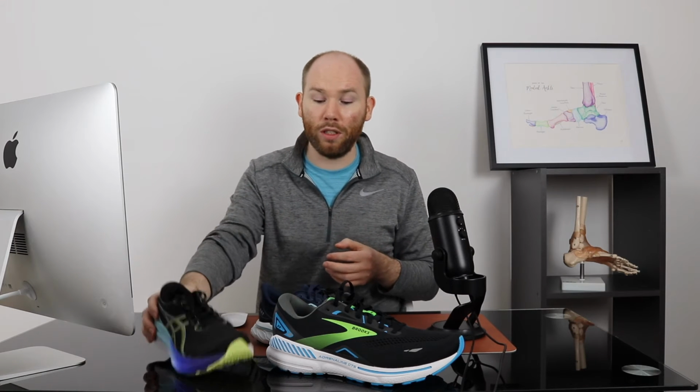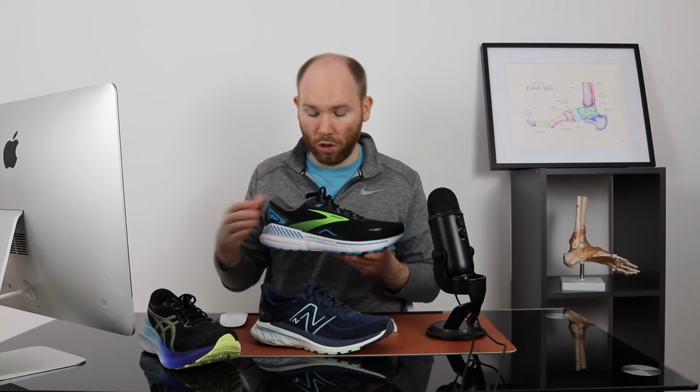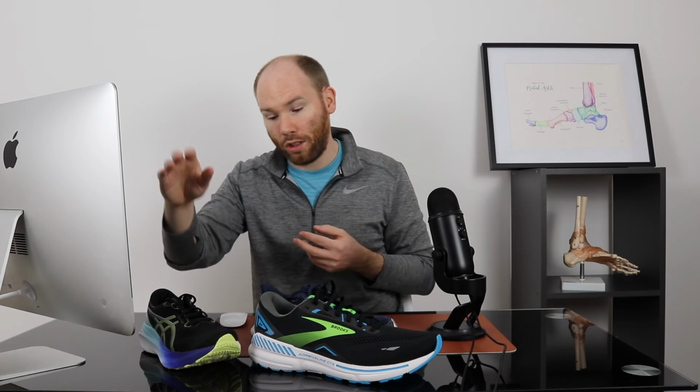So we chose these three shoes because they have a high heel drop, and that refers to the difference from the back to the front of the shoe. In the Adrenaline, it has the highest heel drop of the three shoes, so that's a difference of 12 mils from the back to the front. It gives you that nice tilt that helps to shorten the tendon attachments onto the navicular, and it can help offload your pain. The other two shoes, the Kayano and the New Balance, have a 10 mil heel drop,